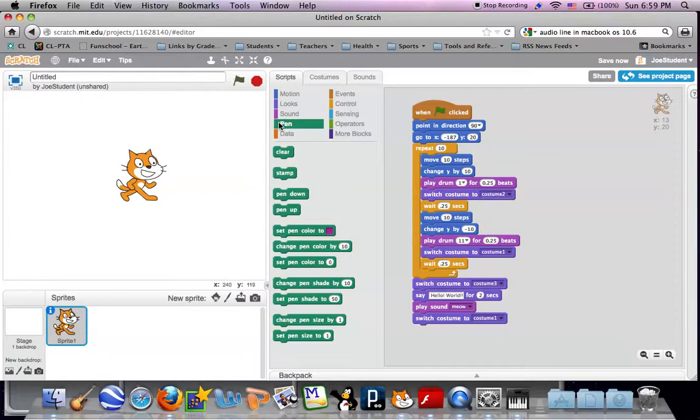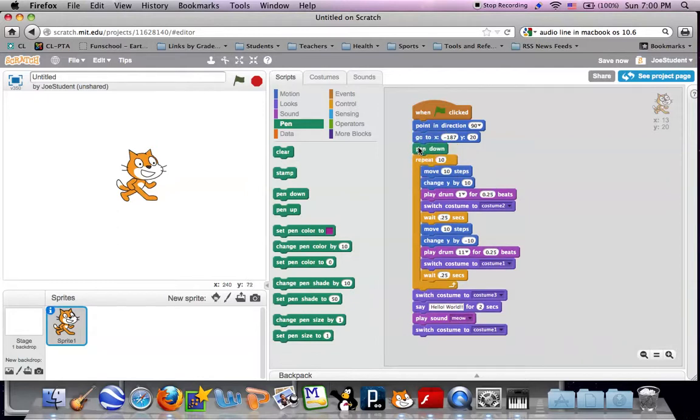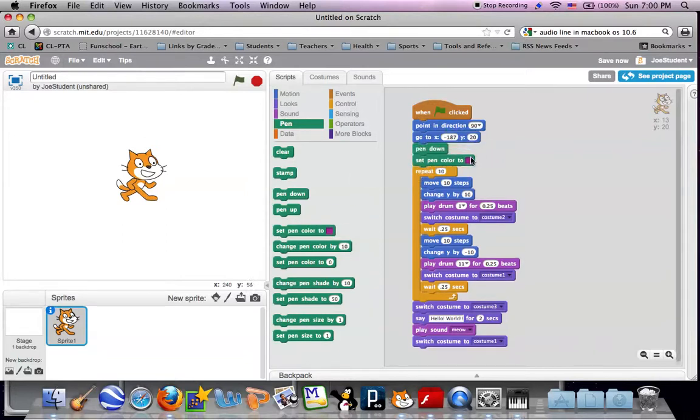Alright, one last piece, and then we'll save data, sensing, and operators, control, and more blocks for the advanced programming that you're going to do in the next set of videos. We're going to have him leave a little line behind. So at this point we're going to have him put the pen down, choose a pen color,